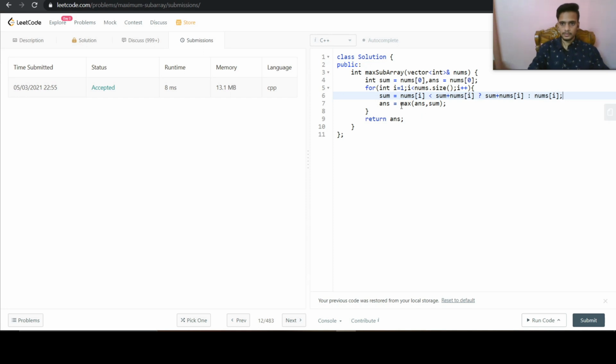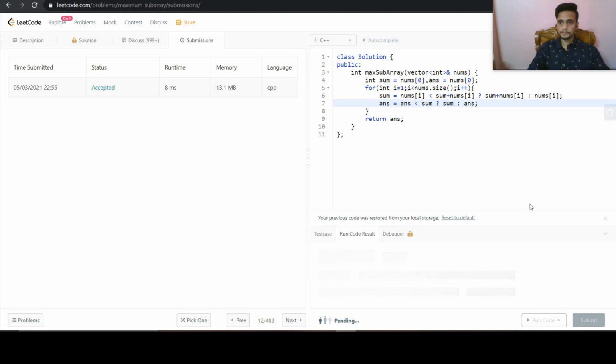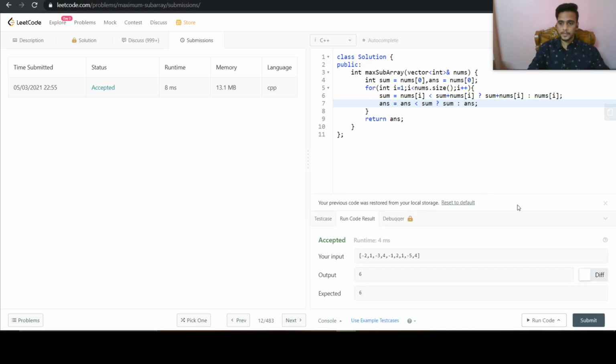Similarly here also, instead of calling the max function, we can use the ternary operator: if answer is less than sum, then sum as answer. So we will run our code and then submit.